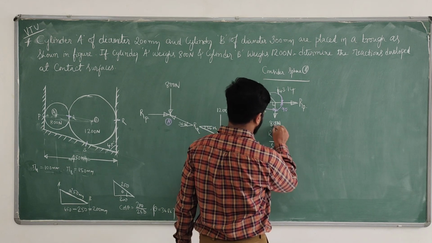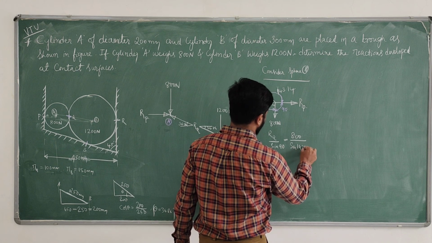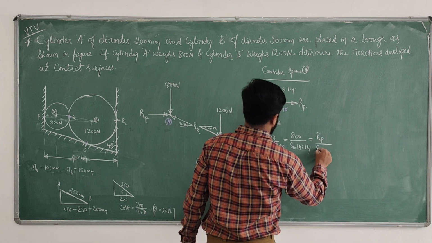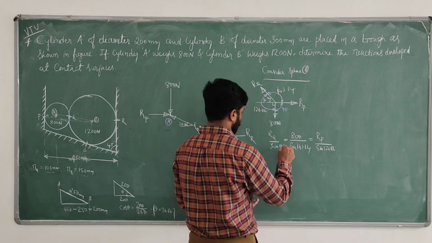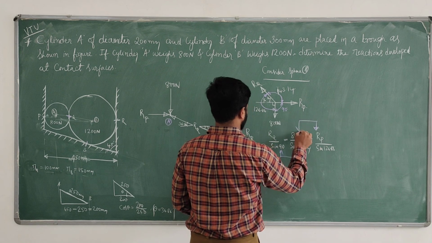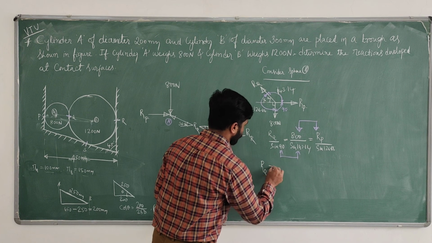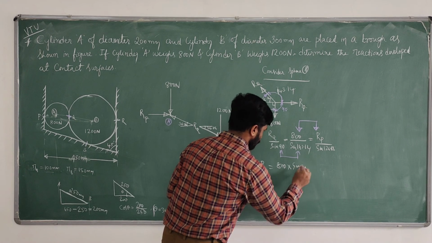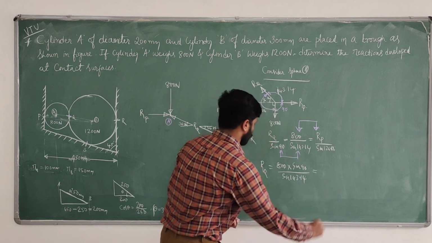Sin of 90, which is equal to 800 divided by sin 143.14, which is equal to RP divided by sin 126.86. Now compare these two things, you are getting RQ. Compare these two things, you are getting RP. So RQ equals, if you want RQ, just cross multiply this: 800 into sin 90 divided by sin 143.14. So it is the value of RQ.